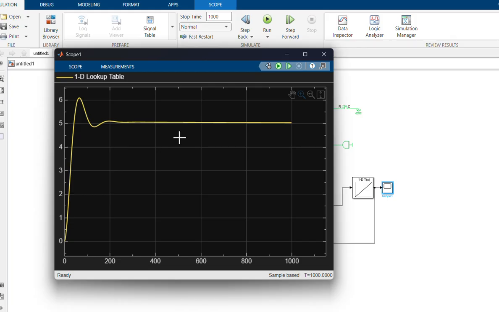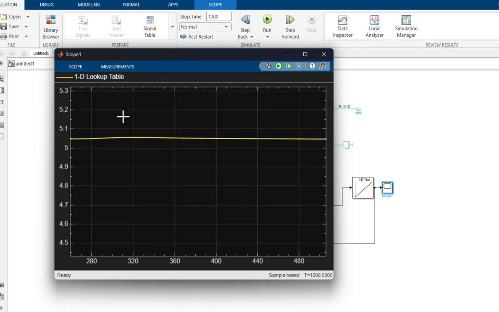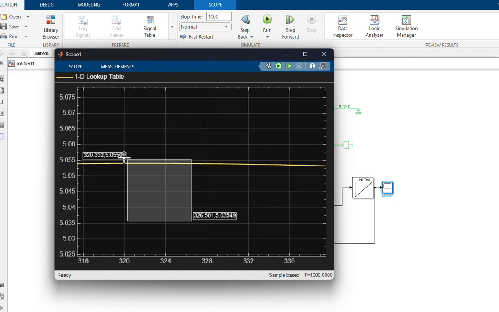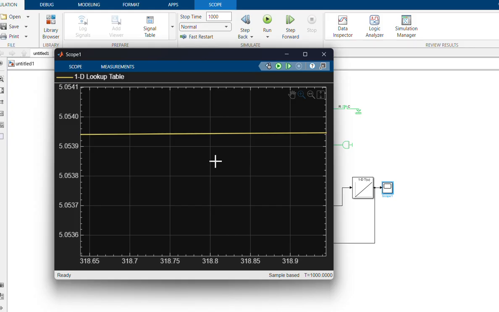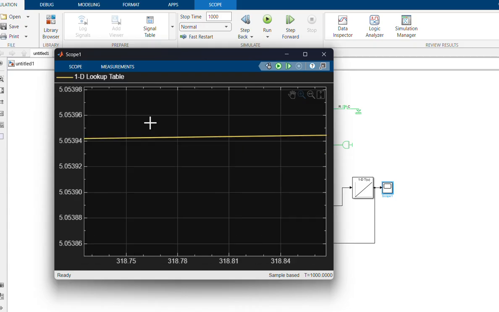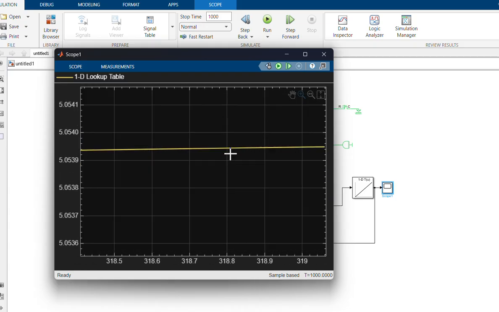It's amazing. I couldn't hang out these values, but it perfectly keeps the value.